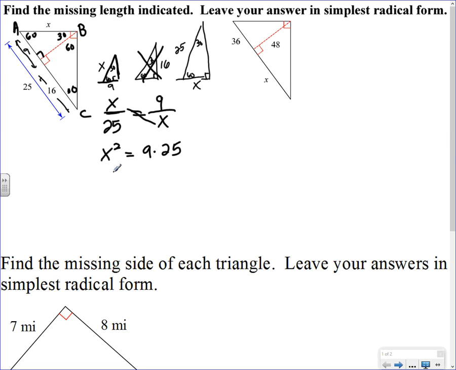Okay, now I'm looking for x. I'm not looking for x squared, so I need to get rid of the square. The way I do that is take the square root. The opposite of square is square root, so because these are opposites, they will cancel. But what you do to one side, you must do to the other. So you have x is equal to